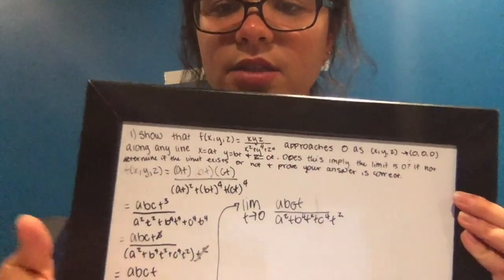Here's just a visual of that. This is our limit that we're taking. If you take that limit and plug in 0 for all your t, you have left 0 over a squared, which equals 0. So the limit does equal 0 as t approaches 0